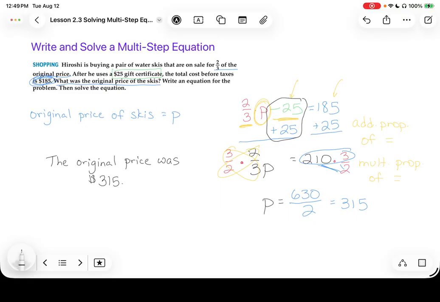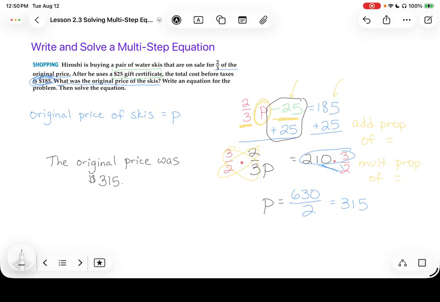Now, before we say this is our final answer, let's think and see if this makes sense. He paid 185. That was two-thirds of the original price and then a $25 gift card. So let's just do some rough estimation. Instead of saying 315, let's just call that $300, just because that's easy to do math with. We'll say it's about $300, and 2/3 of $300 is $200,